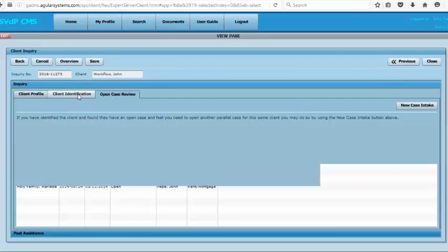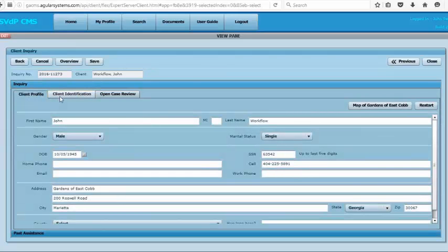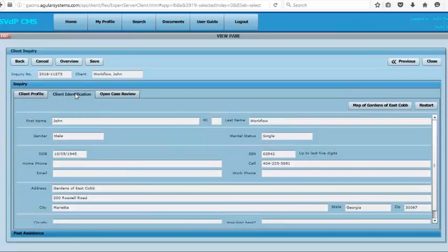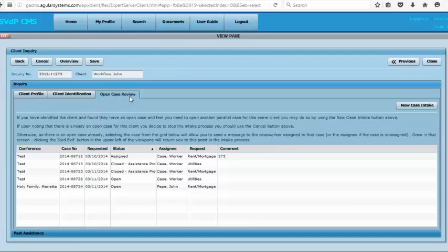It's going to give you the portfolio, the client profile. The client profile is the one you have for them based on what you selected. This is very complex. Normally, you don't have to go through this subroutine, but I'm showing it to you just so you can see the depth that CMS has. Then there's the client identification, which is the step we're in, and then if you want to look at any open cases they currently have,